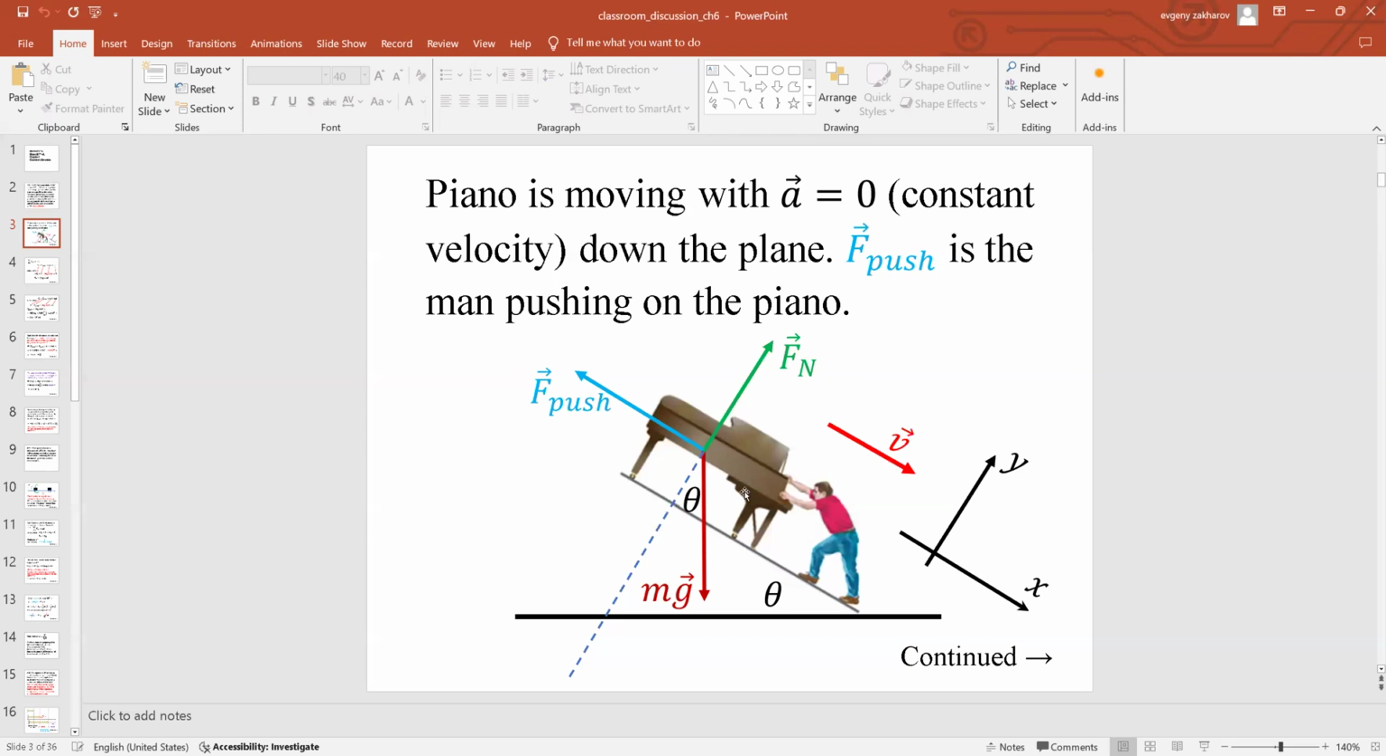Let's do the free body diagram with forces. First force is gravity. Gravity downward towards the center of the earth. Then normal reaction force. Normal reaction force is perpendicular to the surface. So surface is slanted, and that's why normal force is slanted as well. The piano is going downward, and for downward direction, we show velocity vector. So velocity vector shows direction of motion, and it says